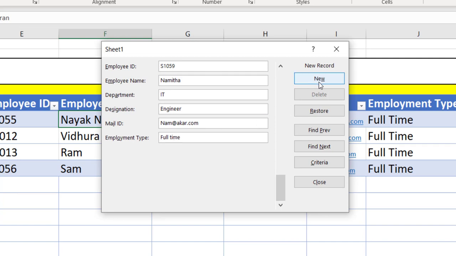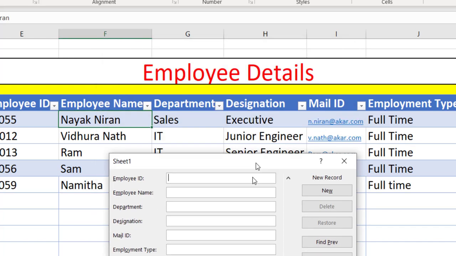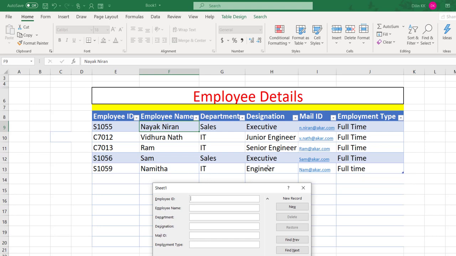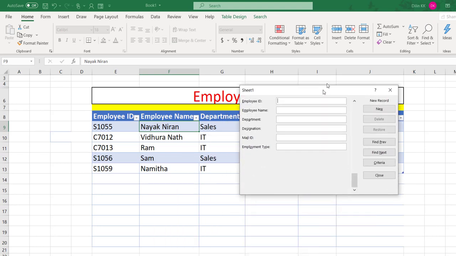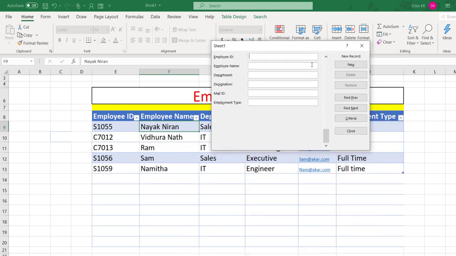When you click New, this record will be added into our table. So I'm clicking New. Now you can see details of Namita added into our table. In this manner, you can enter details of 100 employees one by one into this table.